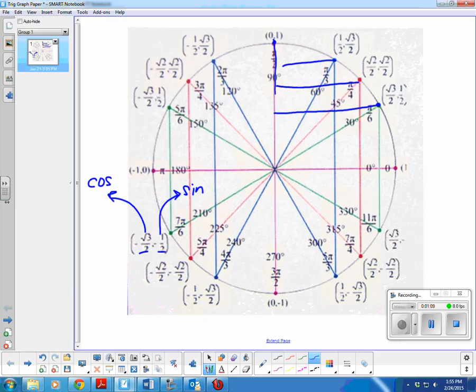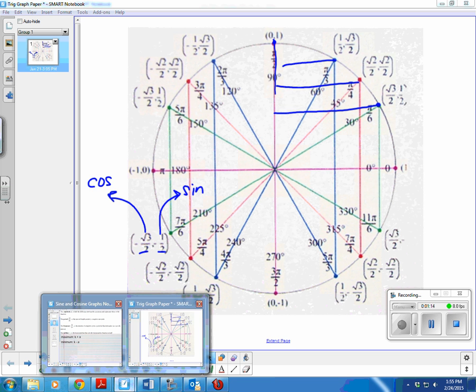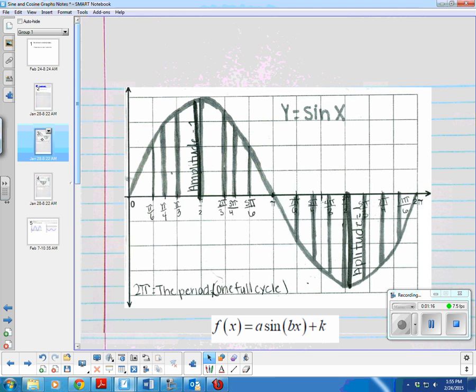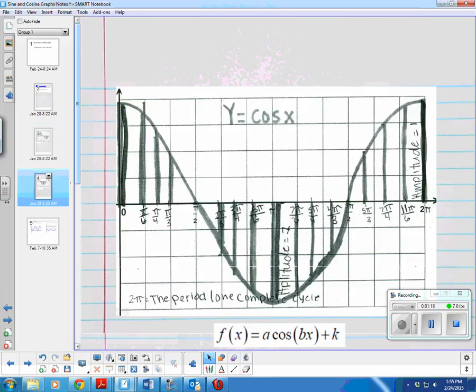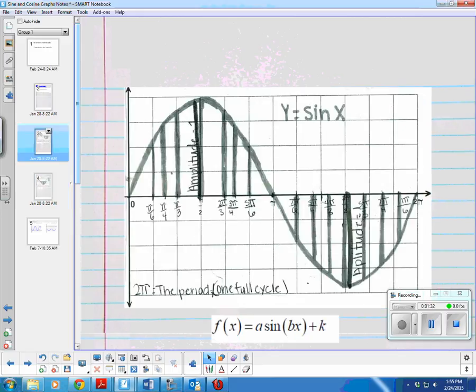And that creates the cosine function, which you guys have already made. I didn't make you do that today, okay? But that's what all of these lines are from. If you measured how far it is along the x-axis, you would get all of these lines, okay? And then sine, if you measured how far it is along the y-axis, that's where you would get all of